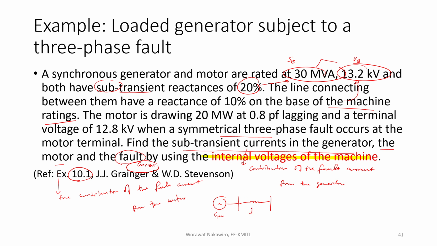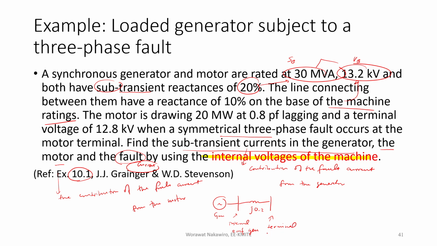So the reactance of this is the subtransient reactance of 20%, which is 0.2 per unit. I write this as j because we will use this later for calculation, right? So this is the internal electromotive force of the generator, and this is the terminal